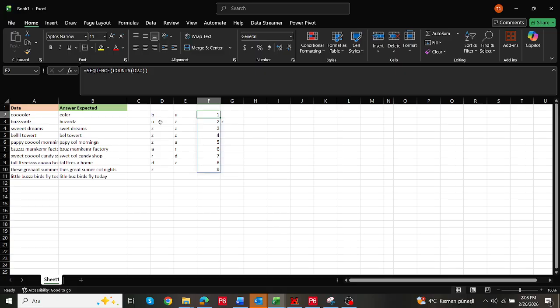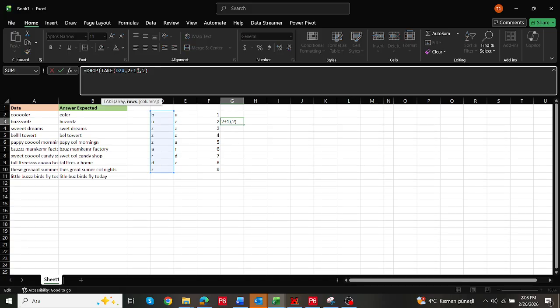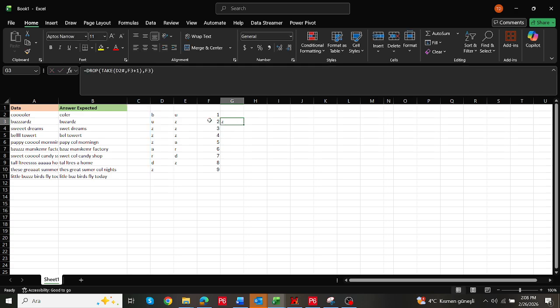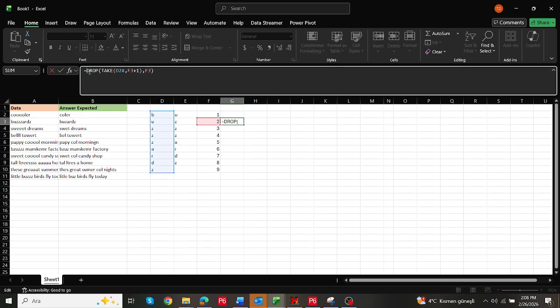Every letter has its corresponding index now, and instead of 2 I can write F3 here. Yeah, I will apply this formula to all of the letters in the word, and because of this I'm writing